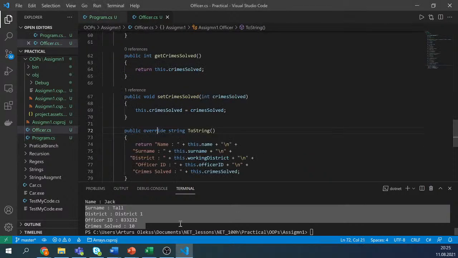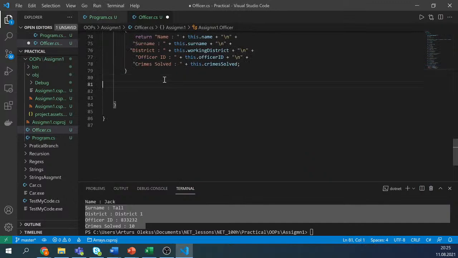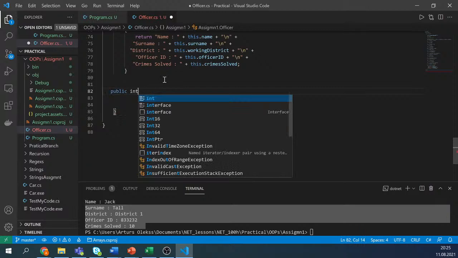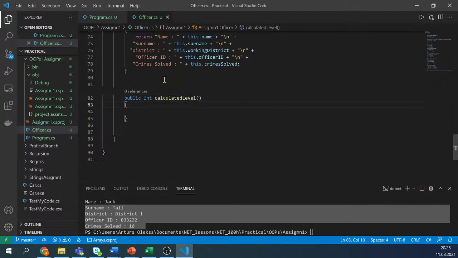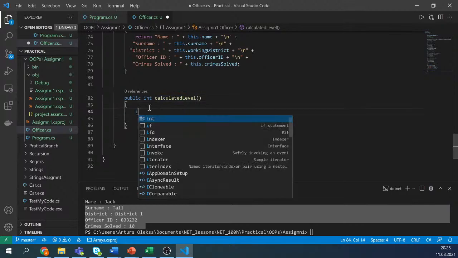That's the actual method, the method which returns the level. So it returns 1, 2, or 3. So then that would be a public integer which returns 1, 2, or 3. That would be public integer, no, that would be calculated level. Calculated level. And from here it will be calculated, and so then I need to check if